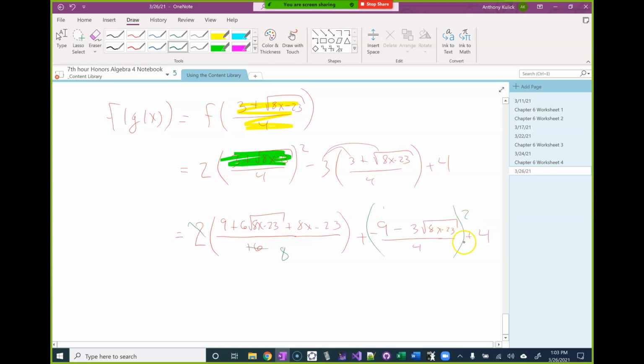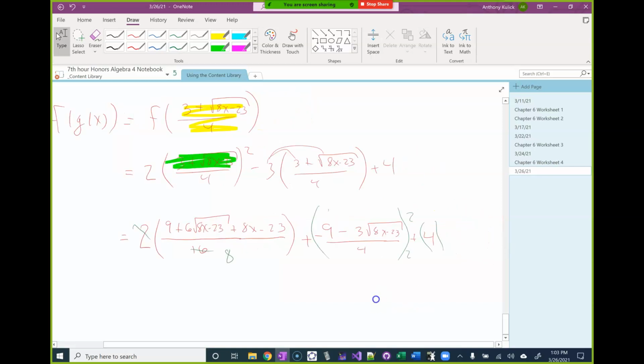Is that cool with everybody? So let's see, I have 23 plus 23 minus 18 minus 6 root 8x minus 23 plus 32, all over 8. Let's see now. So I have a positive